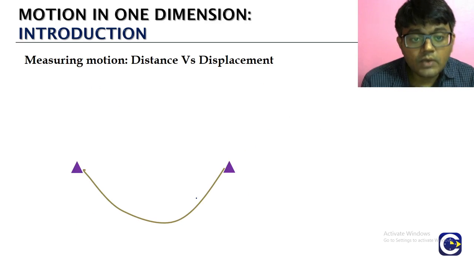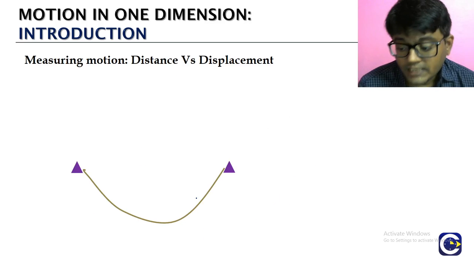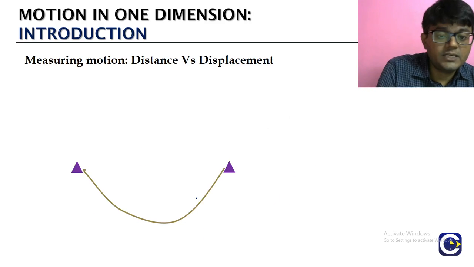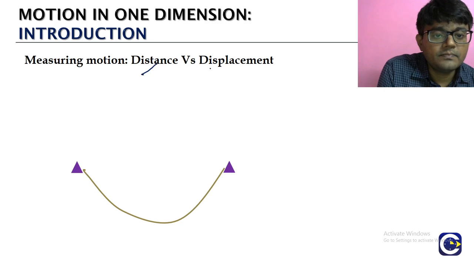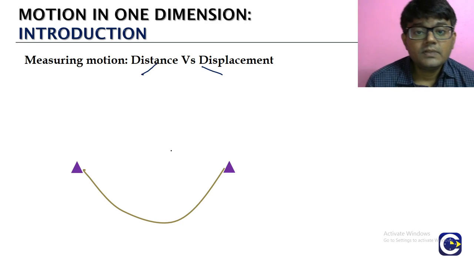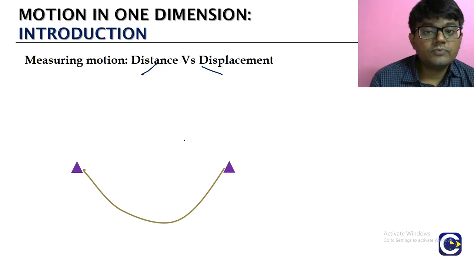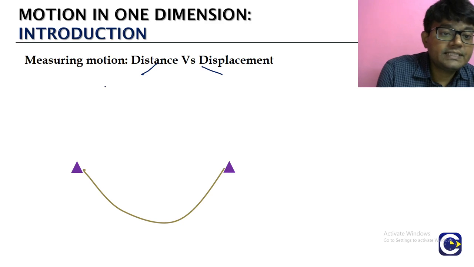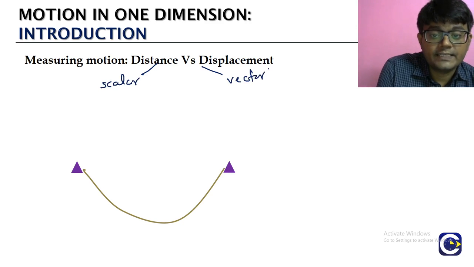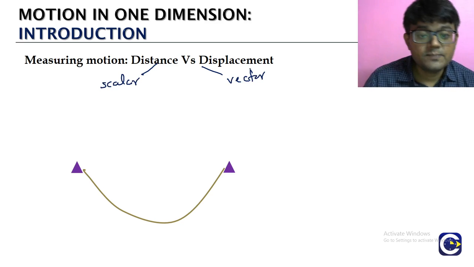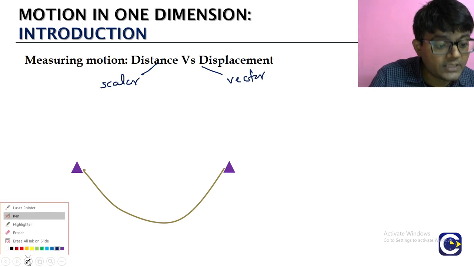Now let us look at the comparison between the distance and displacement. So we have some similarities and some differences. See, both will have the same SI unit, which is meter. Both will have the same dimensional formula, which is L. But distance is a scalar. What about the displacement? It is a vector. Means displacement we will associate both with magnitude and